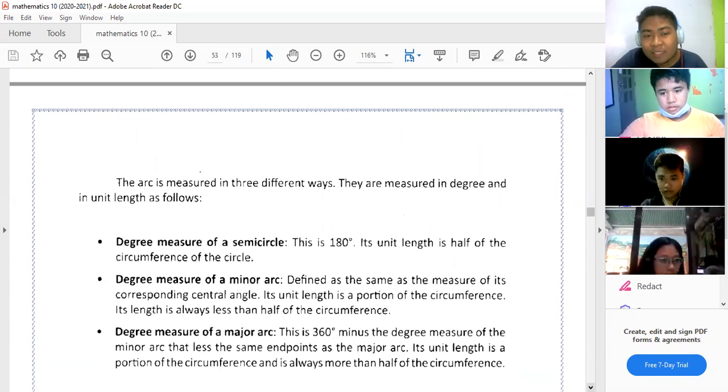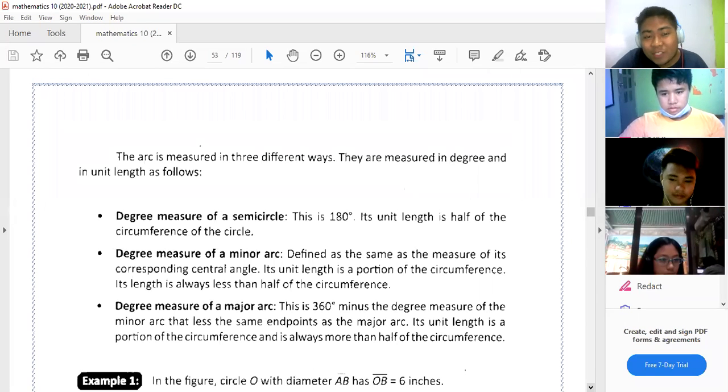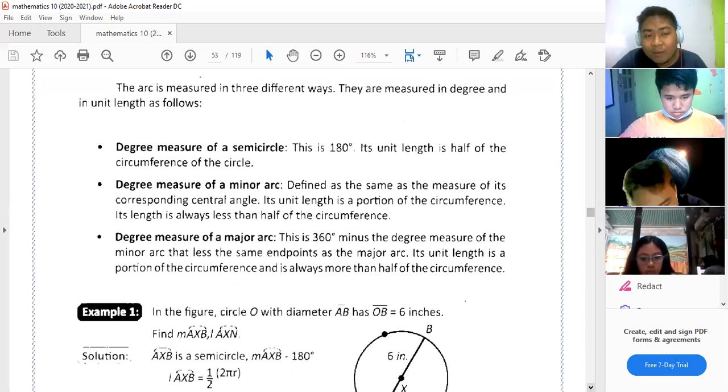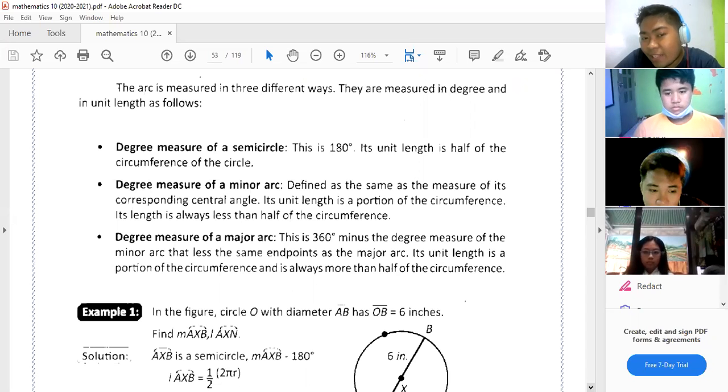Okay. So, the 3 arcs are measured in 3 different ways. They are measured in degree and in unit lengths as follows. We have the degree measure of the semicircle. So, ang semicircle natin ay exactly 180 degrees. Understood? Para rin lang siyang straight angle. So, 180 yan. Its unit length is half of the circumference of